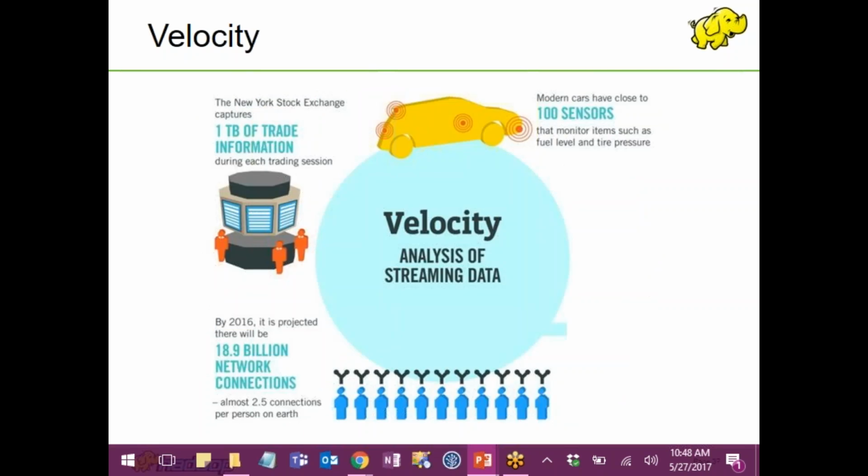The other thing is the New York Stock Exchange, which captures 1 terabyte of trade information during each trading session. So every day, 1 terabyte of trading information. Likewise, globally, how many trade centers are there? 100, 200, 300 trade centers maybe, right? So each day they are producing terabytes of information. But it's not just about a terabyte of information, but how we are going to process the volume. It is 1 day, 1 terabyte. But if you want to check whether you can go for a share or not, to make the decision